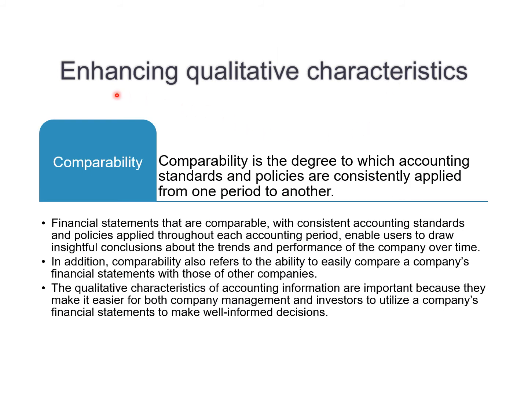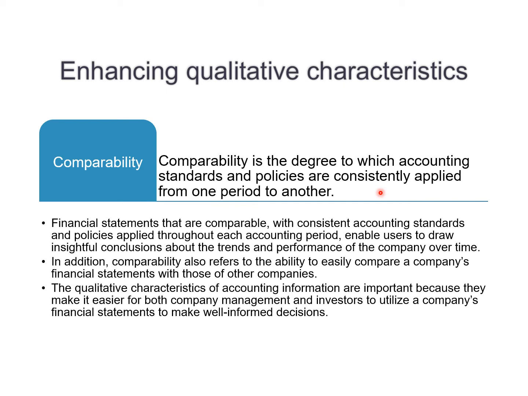Next, kita nak move on kepada the enhancing ataupun secondary qualitative characteristics. Okay, so this characteristic yang enhancing ni dia akan support the first two fundamental characteristics, which is relevance and also faithful representation. So first enhancing qualitative characteristic adalah comparability. So what is it? It is the degree to which accounting standard and policy are consistently applied from one period